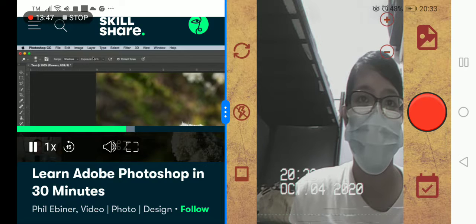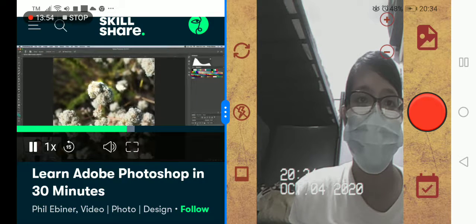I'm going to undo that. Let me set my exposure to 100. I'm also going to change the range to highlights. And now if I paint on, you can see that it's really affecting a different part of the image, making